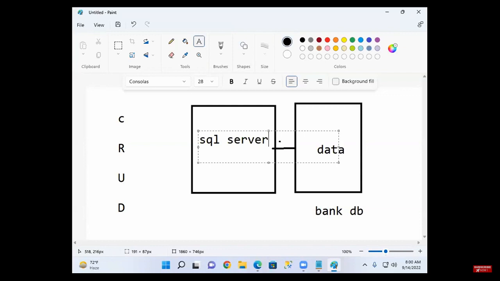So if you want to do these operations, first you need to install SQL Server. You got it or not? Now you are clear: what is a database, and what is SQL Server.